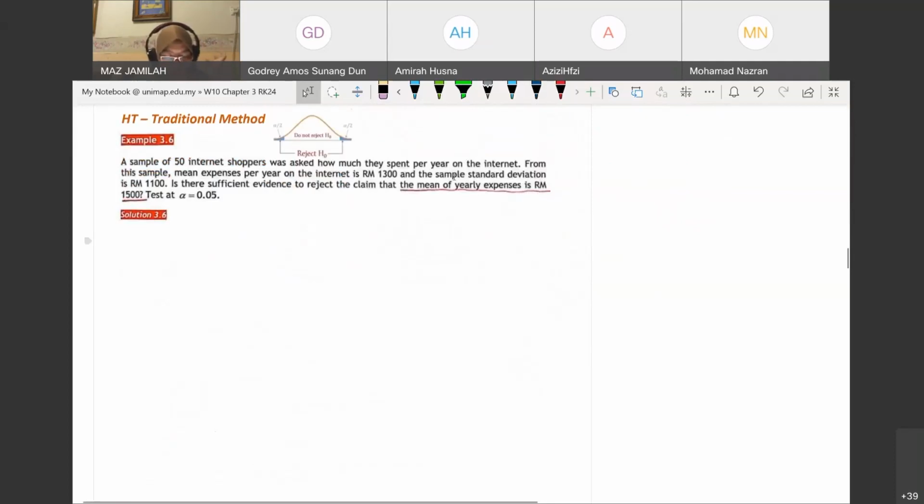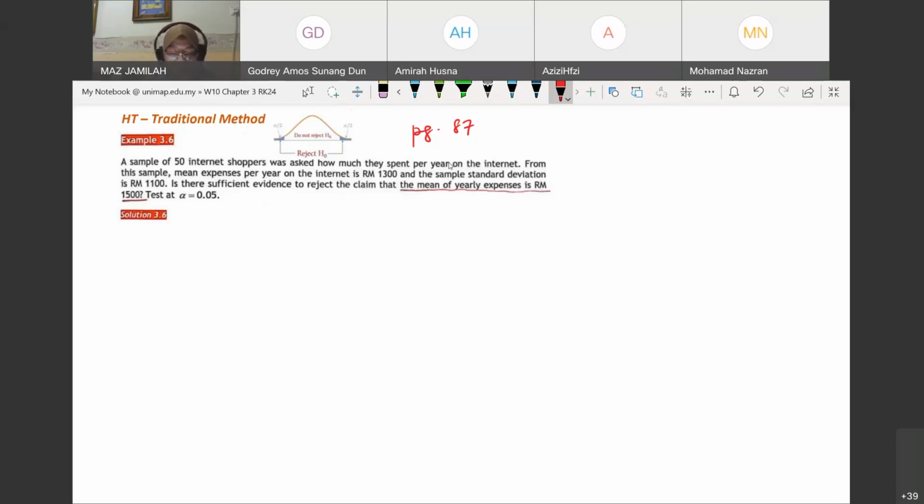Okay, last time I did manage to discuss until step 4 if I'm not mistaken. So if you look at the textbook on page 87, a sample of 50 internet shoppers was asked how much they spend per year on the internet. From this sample, mean expenses per year on the internet is RM 1,300 and the sample standard deviation is RM 1,100. Is there sufficient evidence to reject the claim that the mean of yearly expenses is 1,500 tested at alpha equal